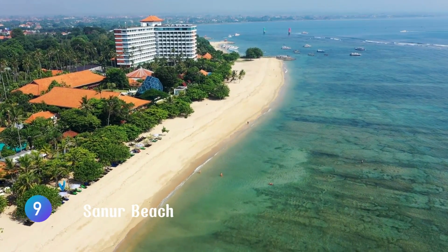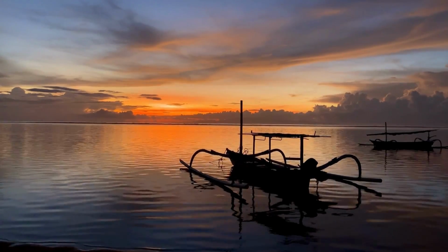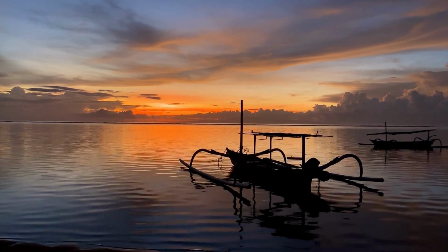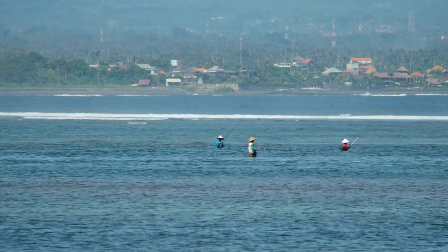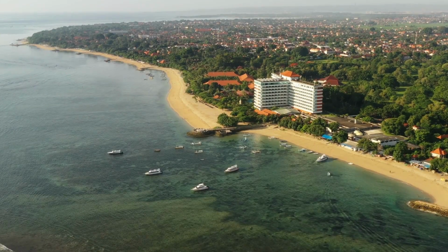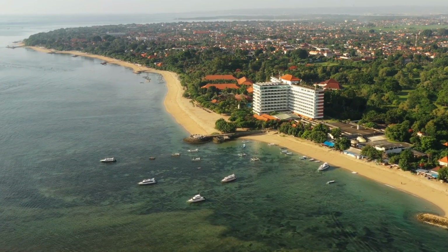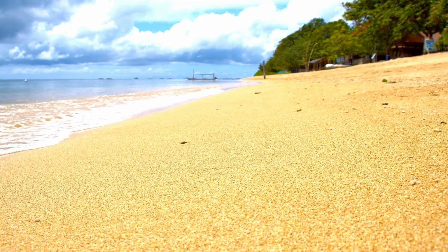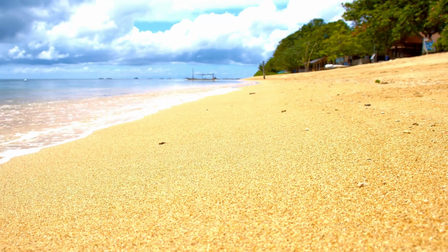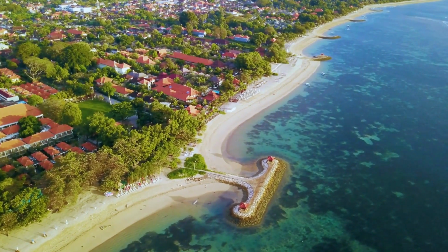Number 9. Sanur Beach. Sanur Beach, with its beautiful sand and charming promenade, attracts both locals and tourists. It is frequently referred to as the polar opposite of Kuta, which is located on the other side of the island. Unlike raucous Kuta Beach, these sands offer mild waves that families with little children will appreciate, as well as